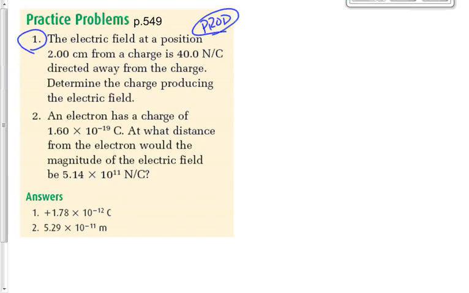Okay, what I do want to do is circle that 2 centimeters because that's a non-standard unit and I've got to remember to convert that. This is going to give me a distance. This is an electric field. Don't forget the vector sign over it. I want to find the charge. This is going to be the charge of the producer, right? So let's use my producer equation. E is equal to